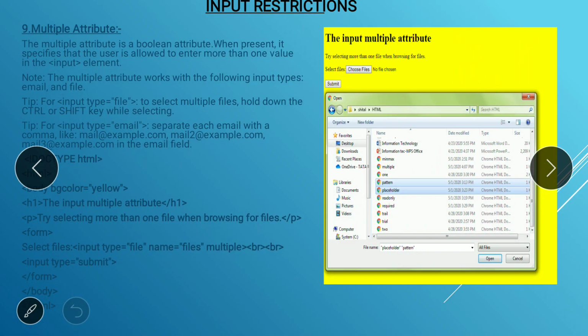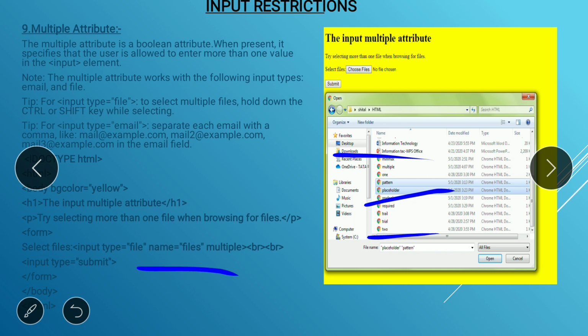Next is the multiple attribute. Multiple attribute is nothing but which is used to provide a selection for the number of files. We can take a file control, and in that we can select number of files.